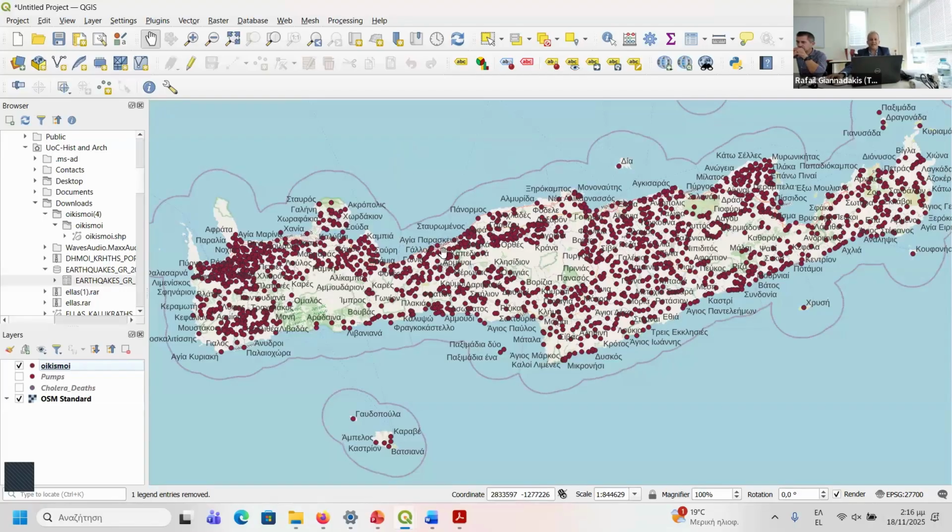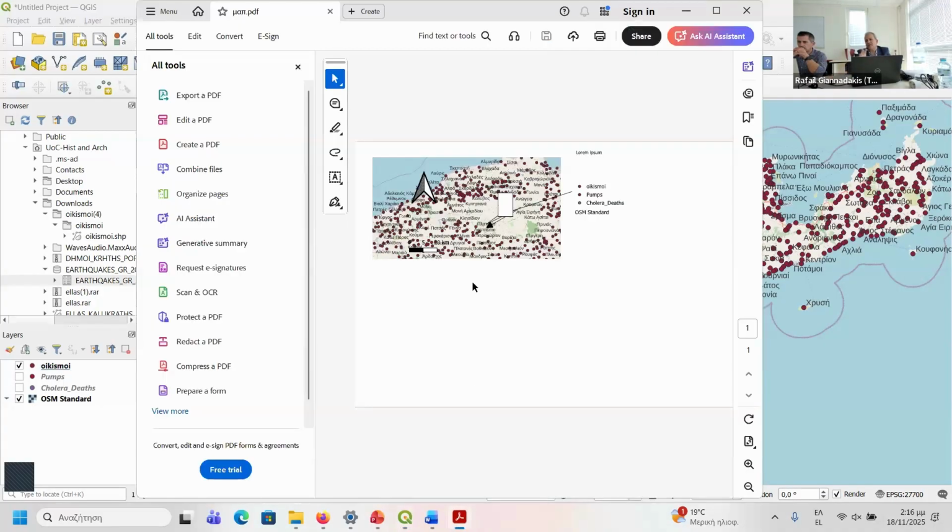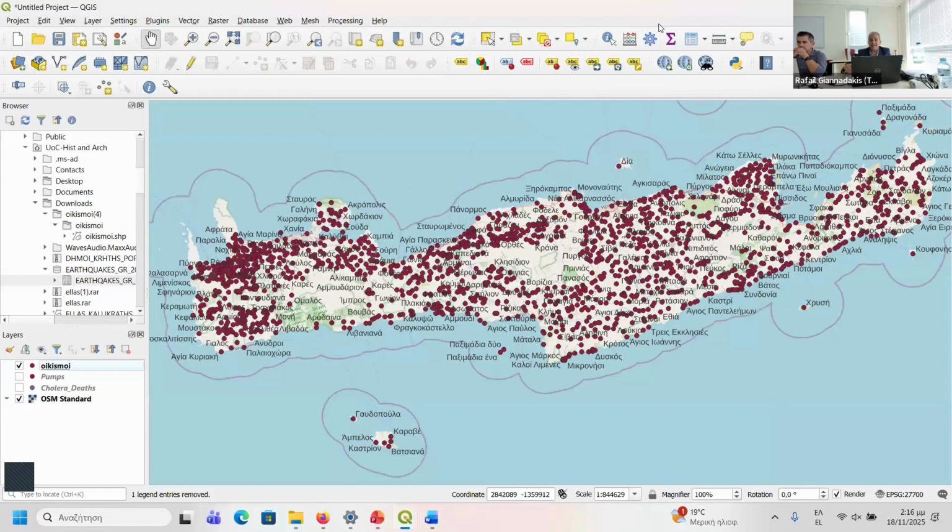But it's not only this thing. This is the first step to make a printable PDF or to put it in a research paper. This is very useful. But all QGIS, we need another seminar. Here there are a lot of tools that you can make